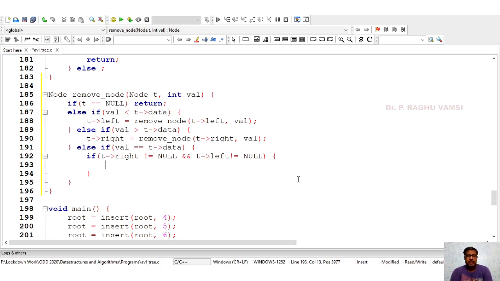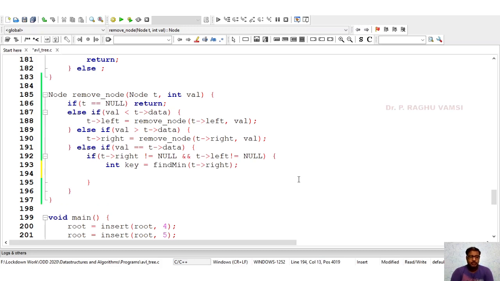First of all, we need to identify the smallest element in the right subtree of the deleting node. That needs to be identified first. So int t is equal to find min of t right. You are supposed to identify the minimum element in the right side of the node.